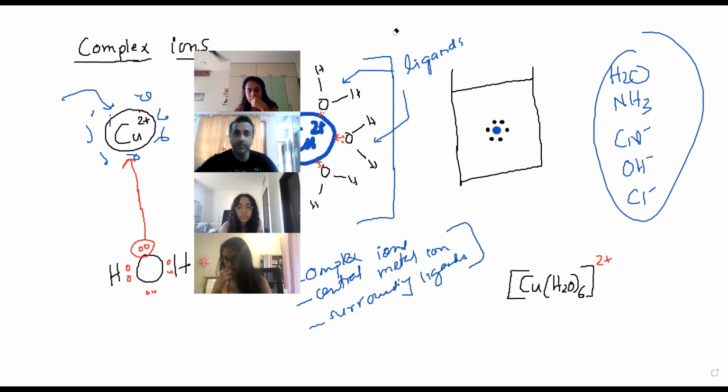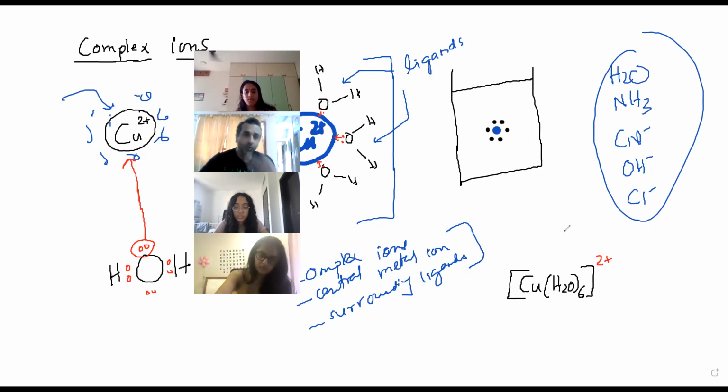Yes, Pankaj. But if you have to find the overall charge and you don't have the charge on the metal ion, then obviously you can't. How can you? You don't know. Do you know the charge on the metal ion? No, here because it could be Cu plus 1 as well, right? Yeah, exactly. So if you don't know the charge, how can you write? You should know the charge.